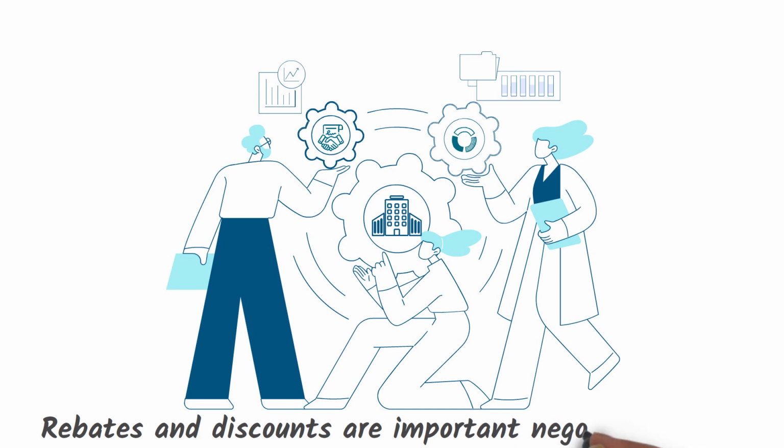Rebates and discounts are an important negotiating tool, but should be monitored and guarded to keep the gross to net